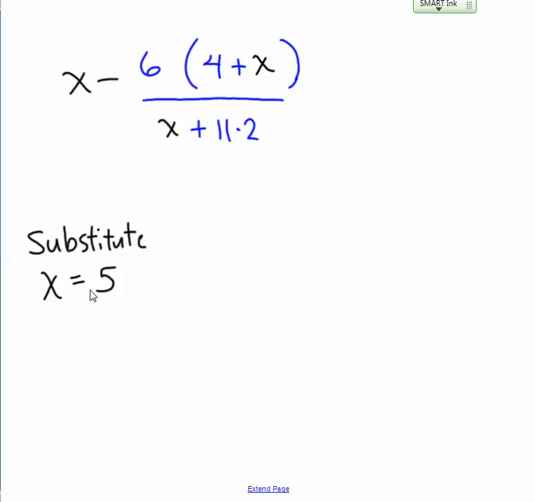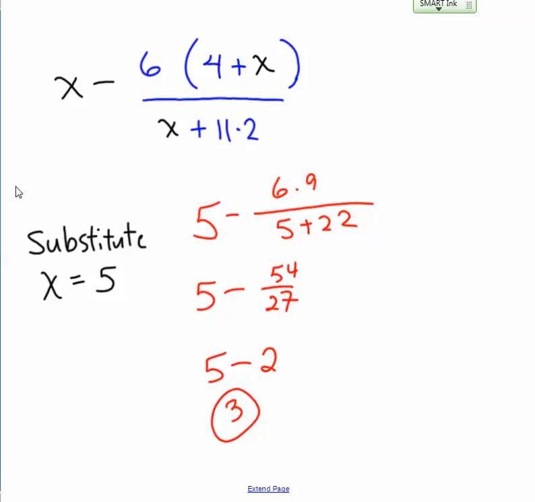Okay, then we switched roles. And you actually had to take out the x and substitute a 5. Because remember, x is a variable, and I can change it to be whatever number I want it to be, or you want it to be. But this time we decided to make x 5. So the boss had the secretary copy the problem, then switch out all of the x's for 5s. So 5 and 4 is 9, and this means 6 times what's in brackets, so it's 6 times 9